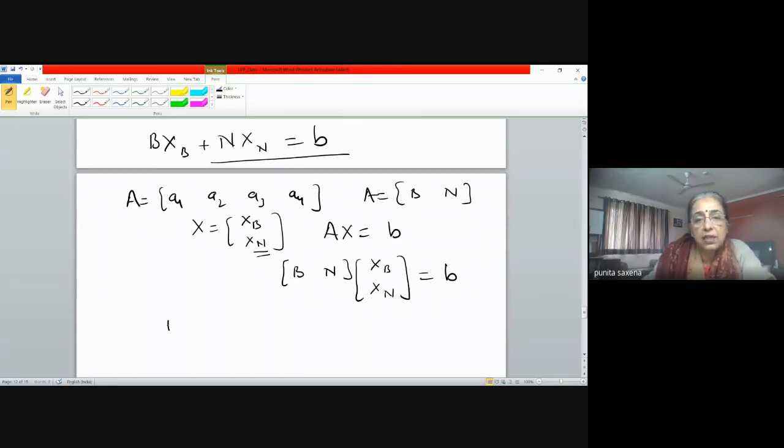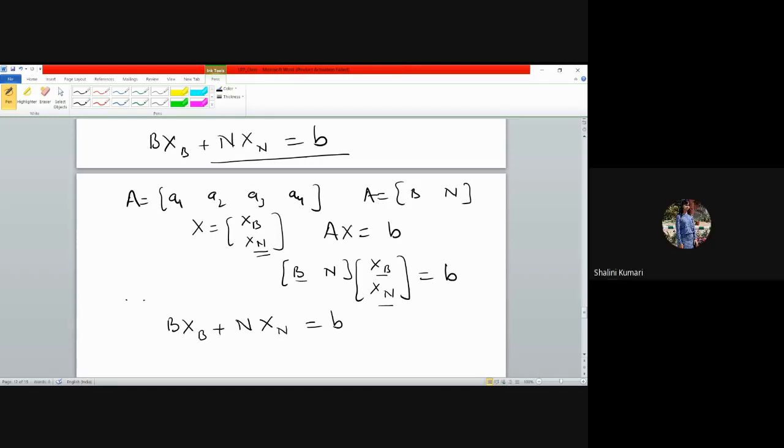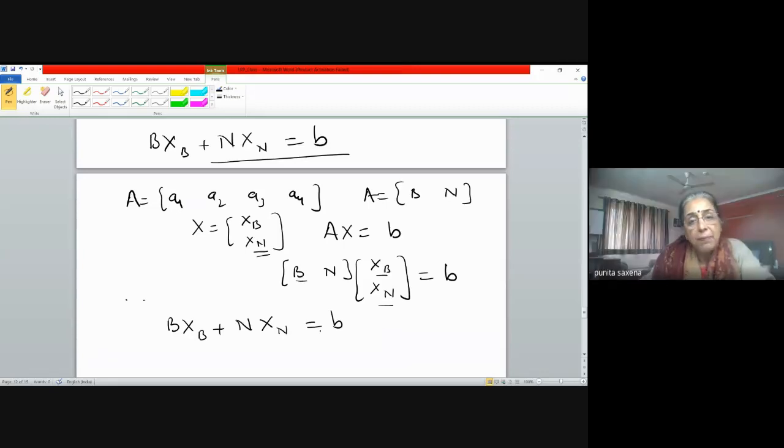इसका मतलब क्या हुआ कि अल्टीमेटली हमने जो सॉल्व करा वो सिस्टम ऑफ इक्वेशंस क्या था, दैट वाज नथिंग बट BxB प्लस NxN इक्वल टू b। अब ये सब मैट्रिसेस हैं, ठीक है। B कैसा मैट्रिक्स है, जिसके कॉलम्स में वो वाले कॉलम्स हैं A के जो बेसिक वेरिएबल से रिलेटेड है। इज दिस ओके नाउ? यस मैम।